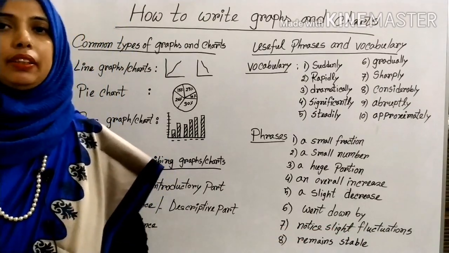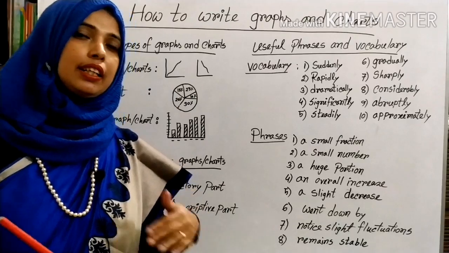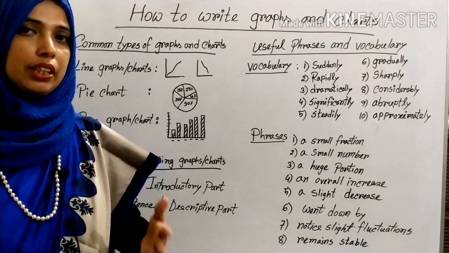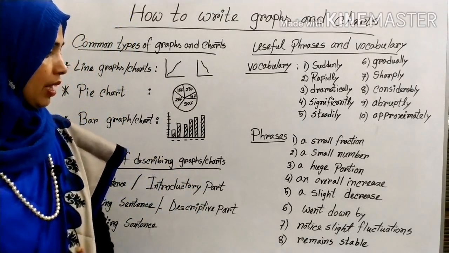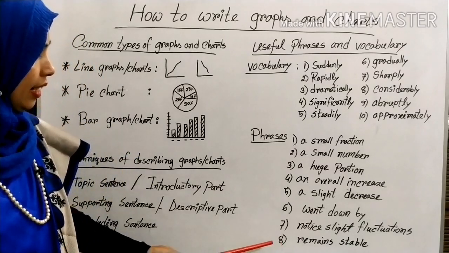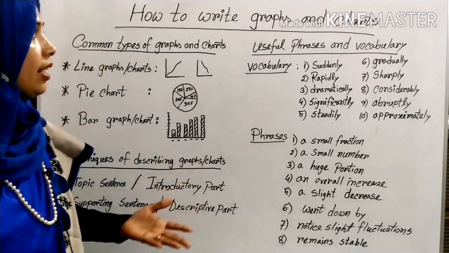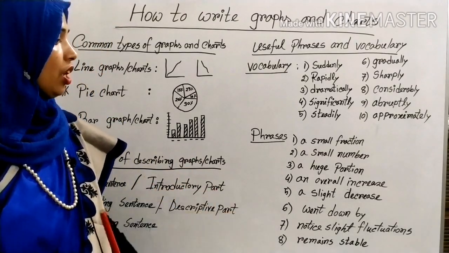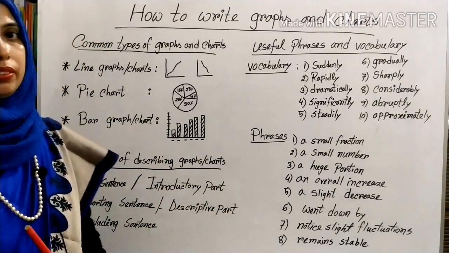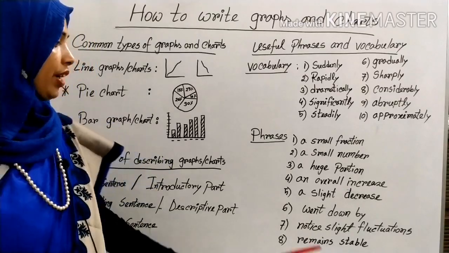So what does it mean? Fluctuations, sudden ups and downs, you can call it fluctuations. And at the end you can see remains stable. When you find that the information in the passage is not changing at all, you can use the phrase